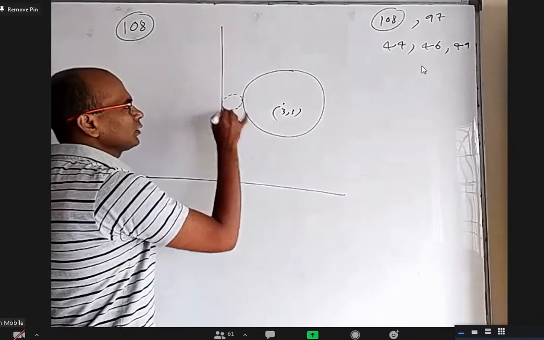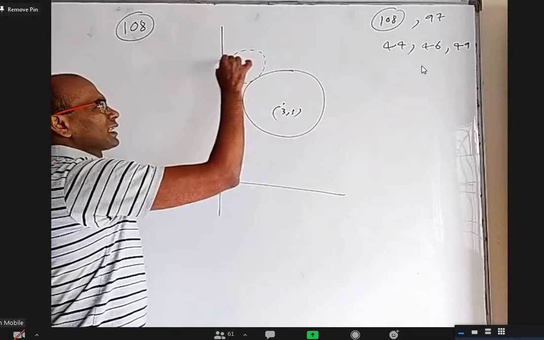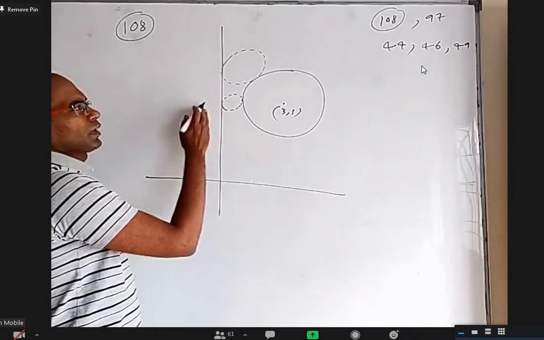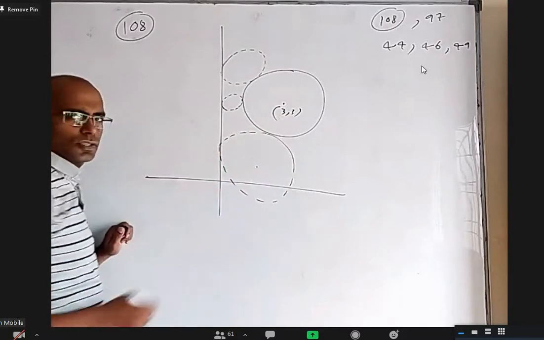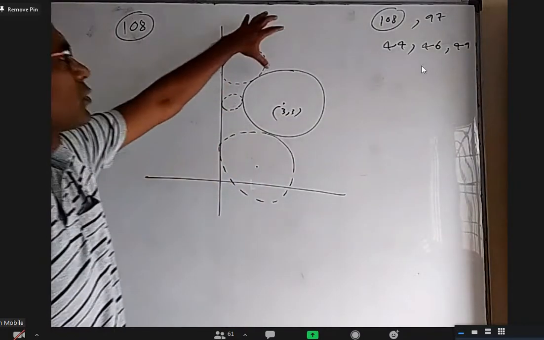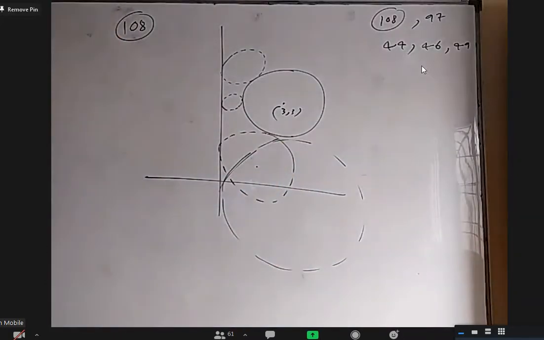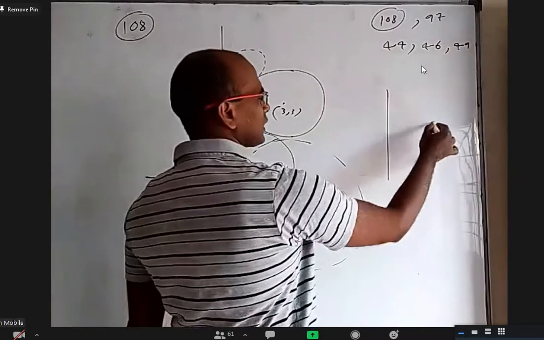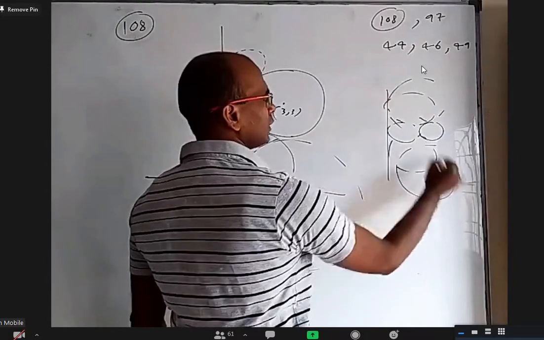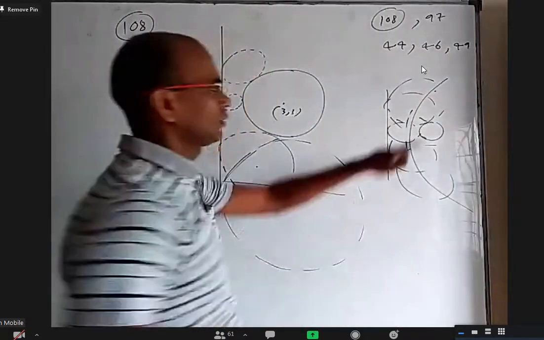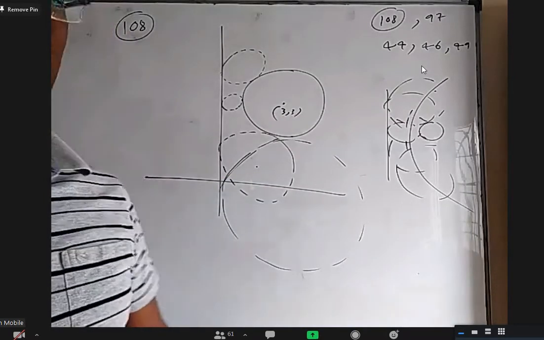This is one circle touching this externally, touching the y-axis. This is another circle touching this circle, touching the y-axis. There will be another circle like this also. So basically we have a circle and a line, and we have so many circles like this. When you join all their centers, you actually get a parabola. Why it is a parabola, the details we can study in the next chapter.